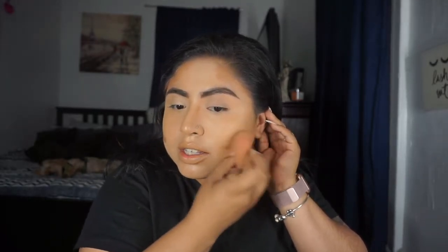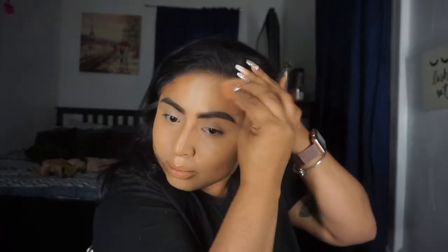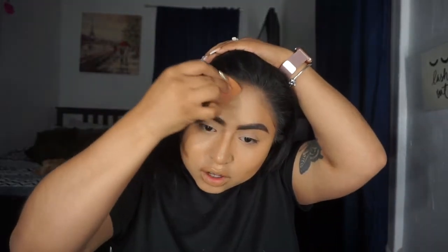So you want to use the same blending brush and just dab up. It has to look flawless, blendable. Don't ever swipe, because you're technically moving it around, and that's something you don't want. You want to have a flawless,